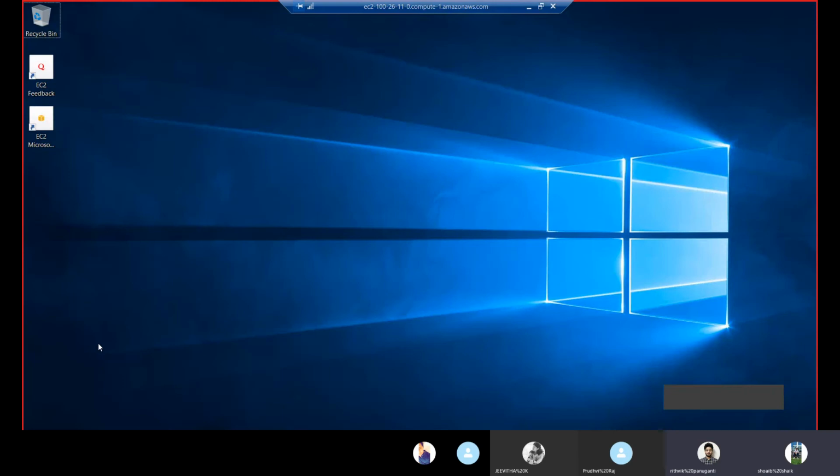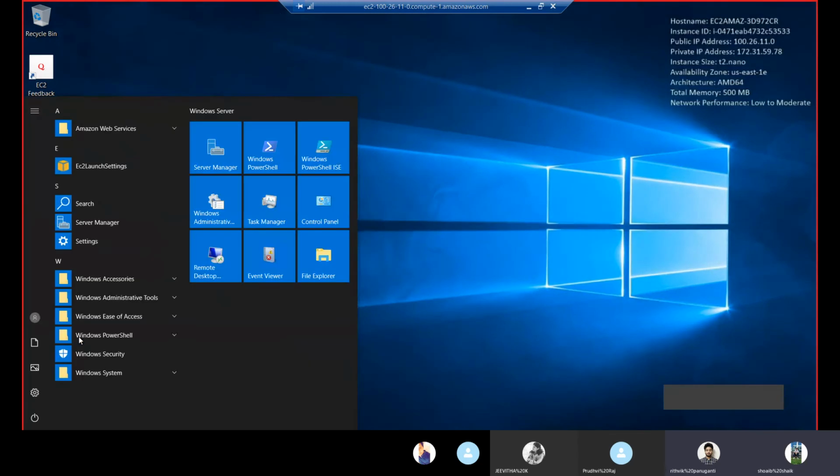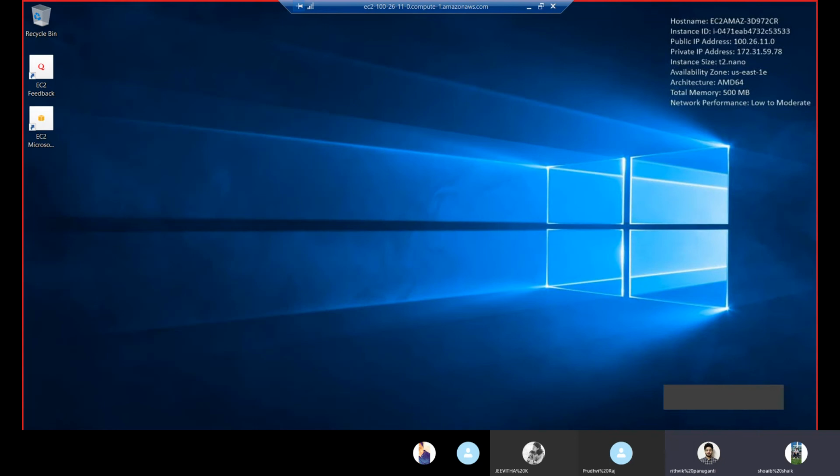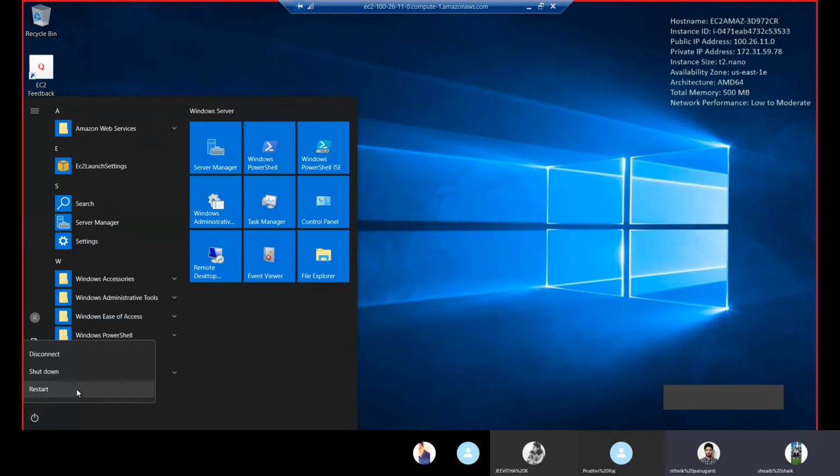Now, do not close it directly. You have to disconnect. Otherwise, your PC's settings will be changed. So make sure you disconnect. This is how you disconnect. Go to Windows, select the power button. Then here you can see an option, disconnect.